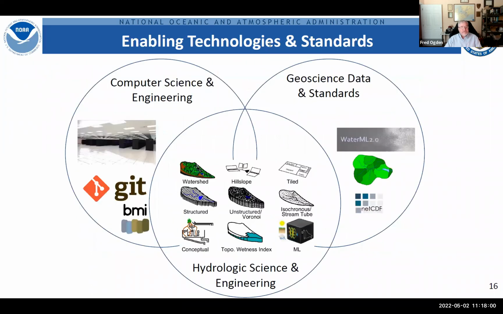Next slide, please. The enabling technologies and standards for this effort come from computer science and engineering, geoscience, data and standards, and from hydrologic science and engineering. On the computer science side, GitHub and the basic model interface provide an environment and a standard for model coupling that, frankly, those things were not in wide use back in 2011 when the National Water Model was first proposed. In terms of geoscience data standards, WaterML 2.0 provides the high features data model, which describes the hydrologic landscape. We've also got a lot of experience with big data, machine learning, et cetera, that we can bring to bear